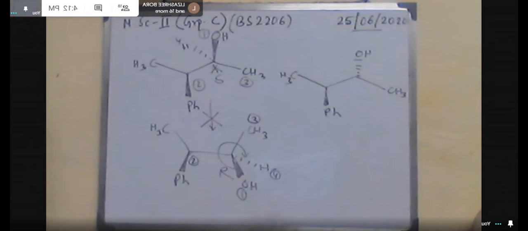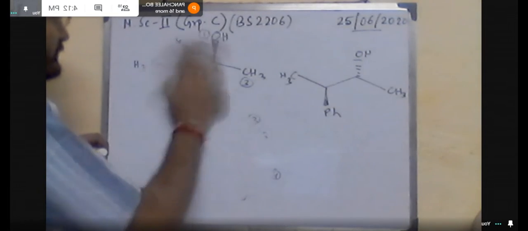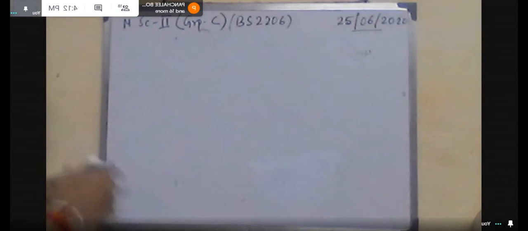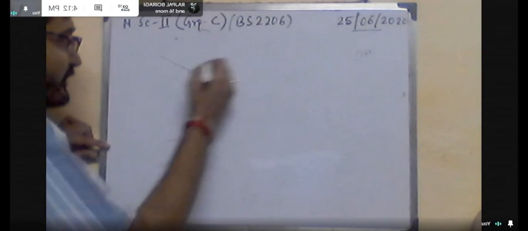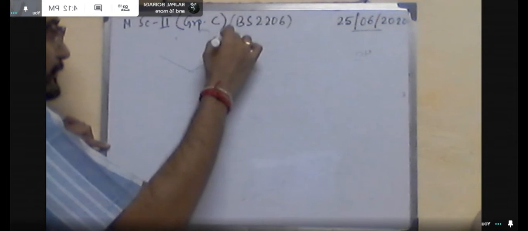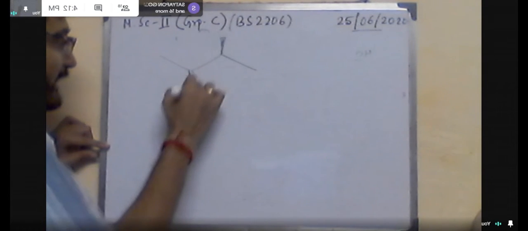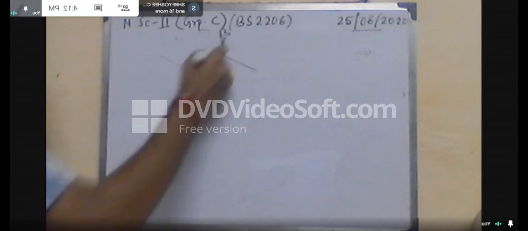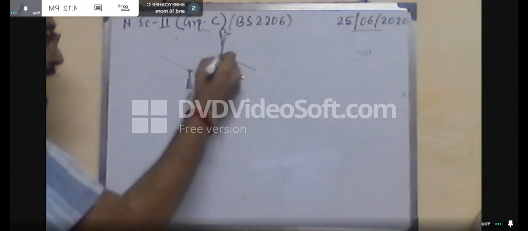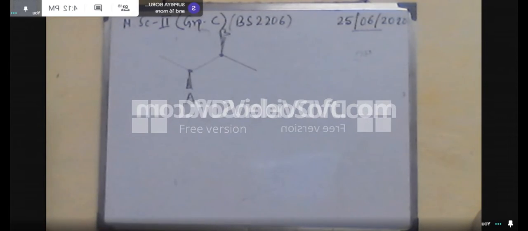That means you want to change it in this fashion. Or say you want to change it in this fashion. Or another is this fashion. Now here you have to keep in mind that these are wedge bonds, right? Flying wedge projection, or better to say this is a zigzag projection, zigzag pattern. Two flying wedge, two chiral centers, not only two, greater than two chiral centers are attached in a chain.